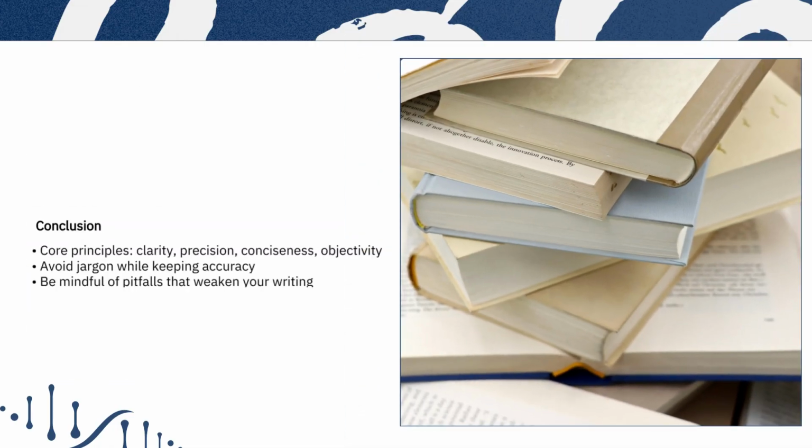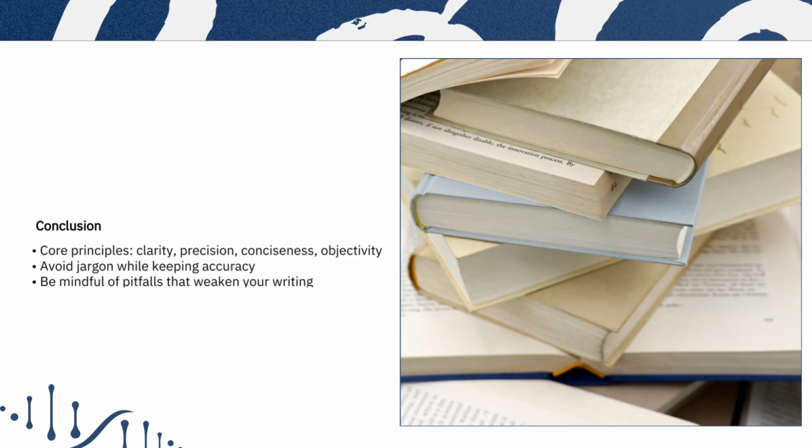As we wrap up this tutorial, let's take a step back and connect everything we've covered. We started with the core principles of good academic writing: clarity, precision, conciseness, and objectivity. These are not just nice-to-have qualities. They're the foundation of everything we write in medical affairs and healthcare. Clarity ensures your message is understood. Precision guarantees accuracy. Conciseness respects your reader's time. And objectivity safeguards your